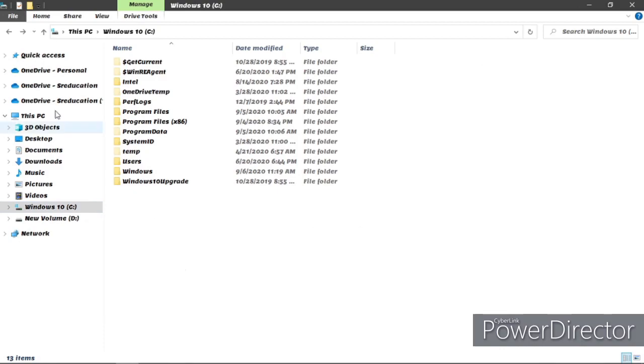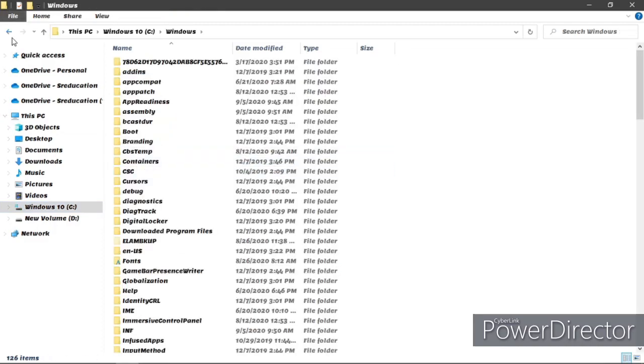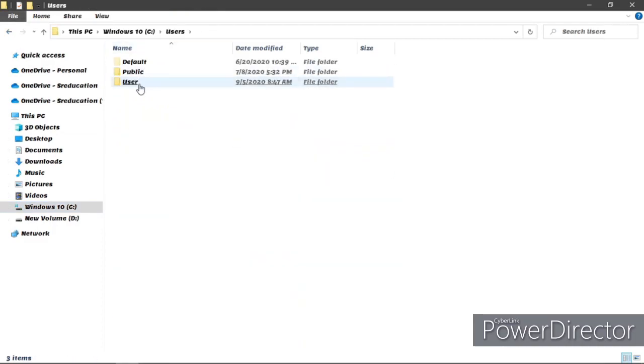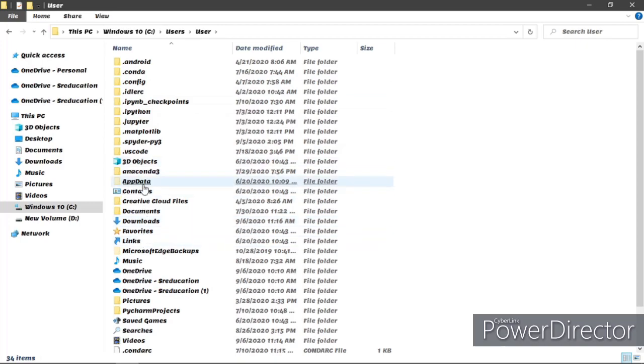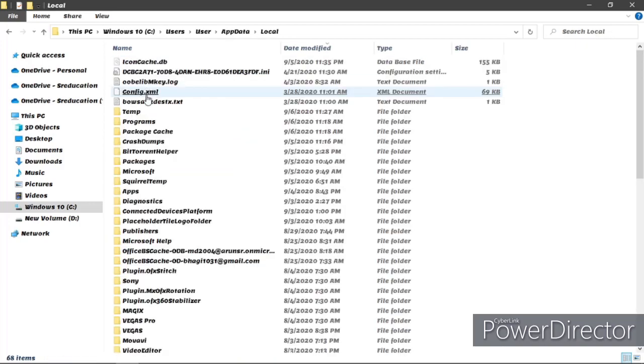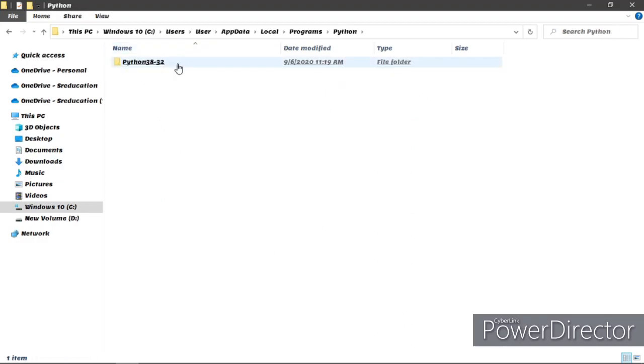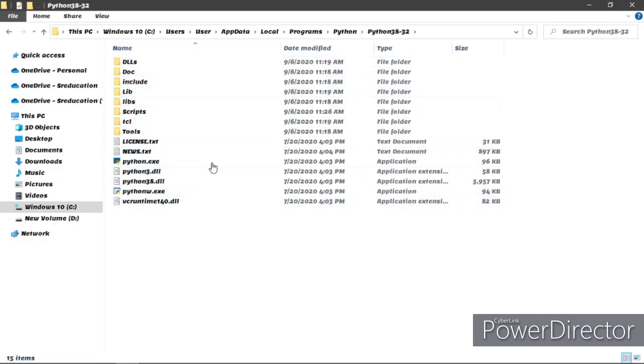Now I will show the second method how to connect Python and MySQL. This is not related to CMD, but in CMD we have to type the line that I showed, that is pip install MySQL connector Python.